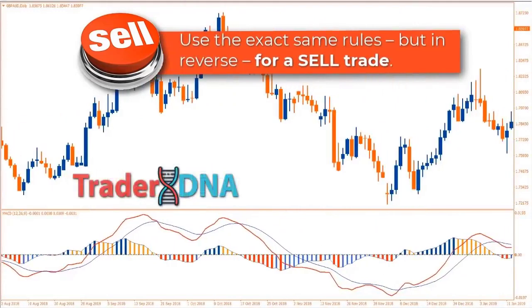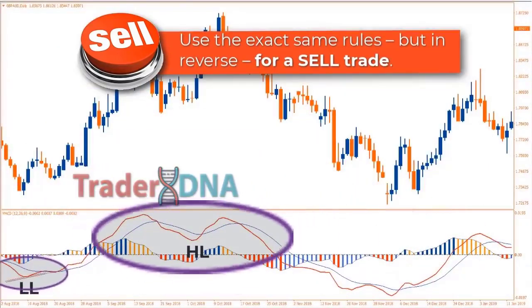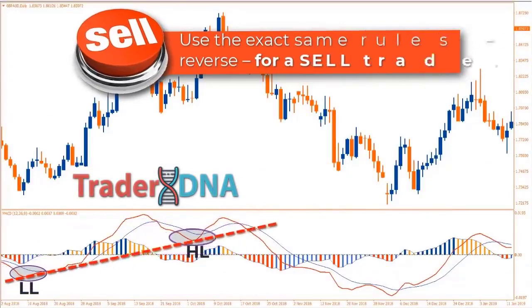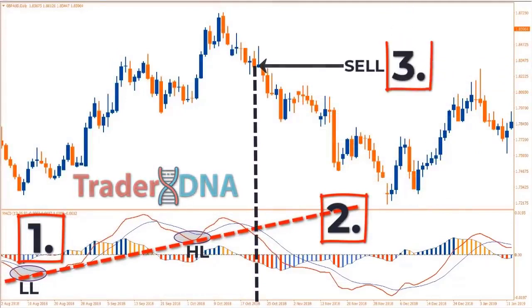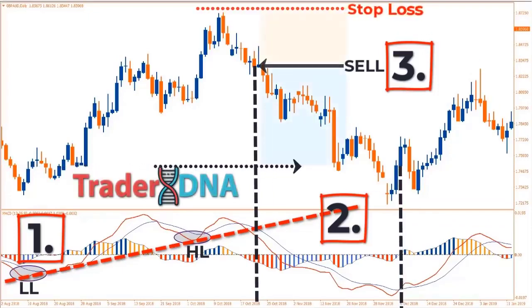Here, you can see an actual sell trade example using the MACD trendline breakout strategy. We've applied the same step number 1 and step number 2 to help us draw the trend line, and followed step number 3 to trigger our trade. And here are other examples of the MACD trendline breakout trading strategy. To fully understand this wonderful trading strategy, and to make the most out of it,